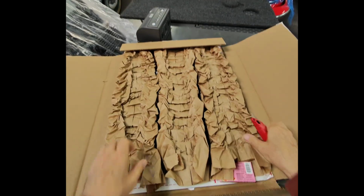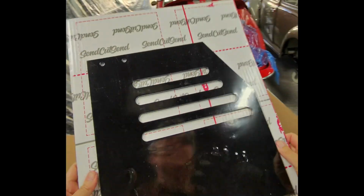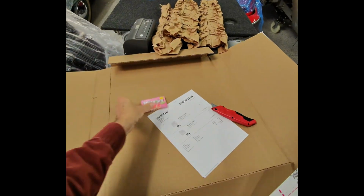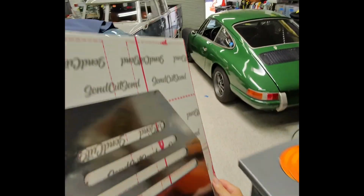We have a lot of 3D printed parts. Whoopsie. Oh, look at these guys. Send, cut, send. Ooh, Mike and Ike watermelon. Yum. These panels, which I'm not going to unwrap, but these guys